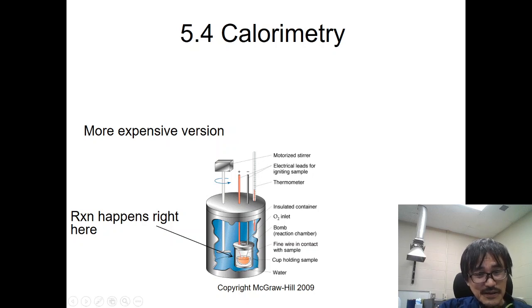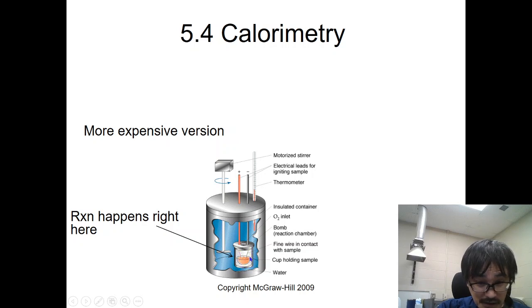So inside there is water. This is pure water, right? And you put the reactant here, and that reactant is going to be reacting with oxygen, and then it's going to produce a fire inside, right? And then it's going to burn off, and then gives out the CO2, and then probably a little bit of water, right? And by combusting everything inside, that heat is going to be transferred from this system